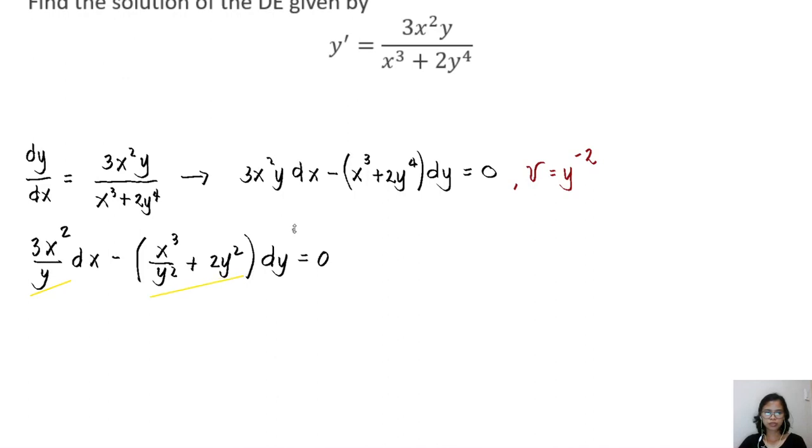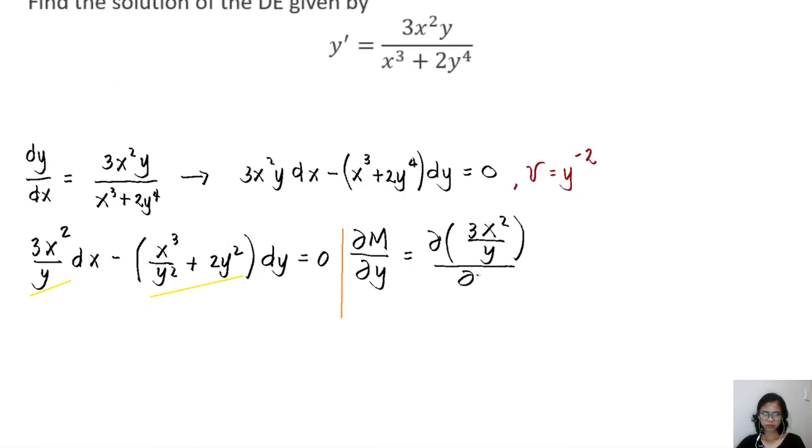We'll make sure that this is already exact. What will be our partial derivative of m with respect to y? So I will differentiate 3x squared over y